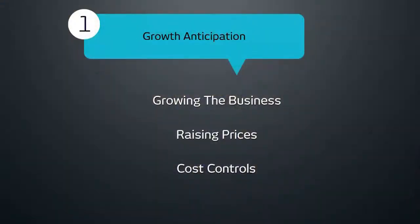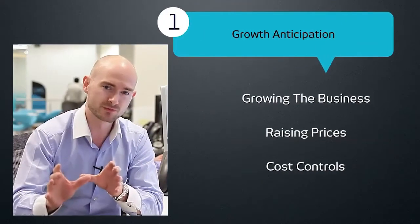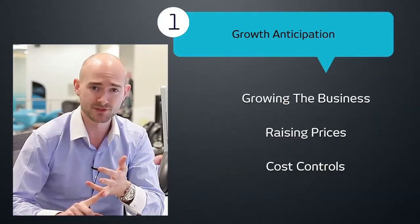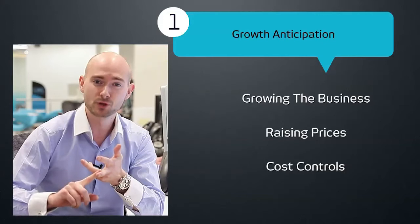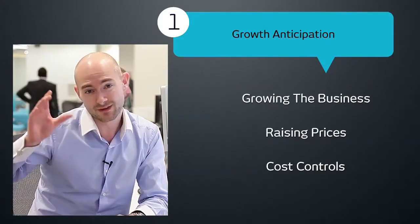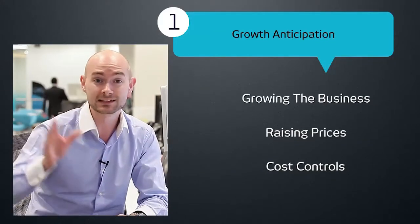potential. So one of the first things you want to look at is, how is the company looking to go ahead and grow its business? Do they have any big contract wins coming up? Do they have any partnerships on the horizon? Do they have new products that they want to go ahead and release to the market? So you're trying to get a bit of a flavour of what is going to happen next with the release of these products, the release of these figures, and can that ultimately lead to extra growth for the